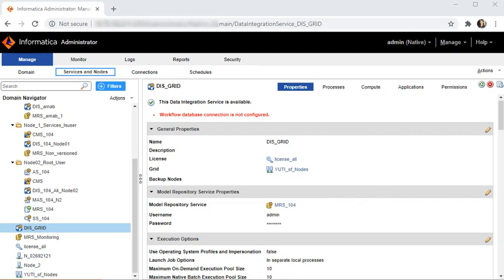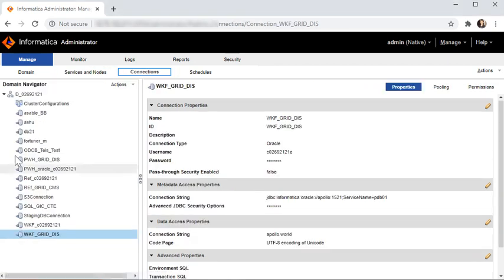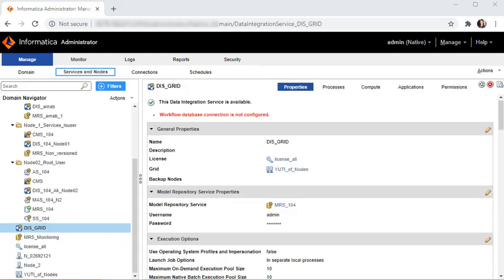Now to configure the connection, you have to make sure that there is one connection created before. So just go to the admin console connections tab and ensure that you have created the connection in which you wish to create the contents. So right now I have created this connection. Now since I have the connection created, we will be using that connection to configure here.